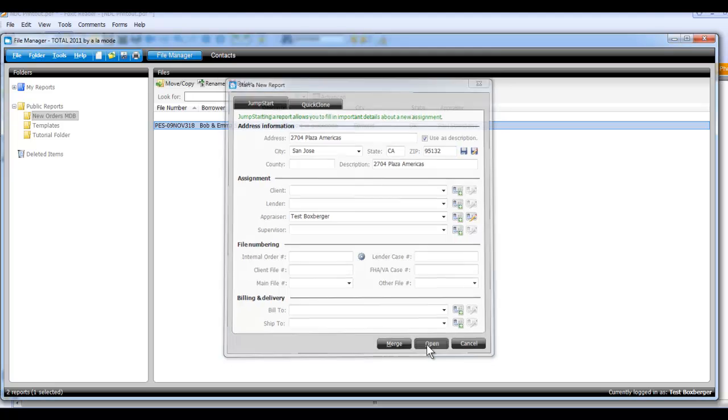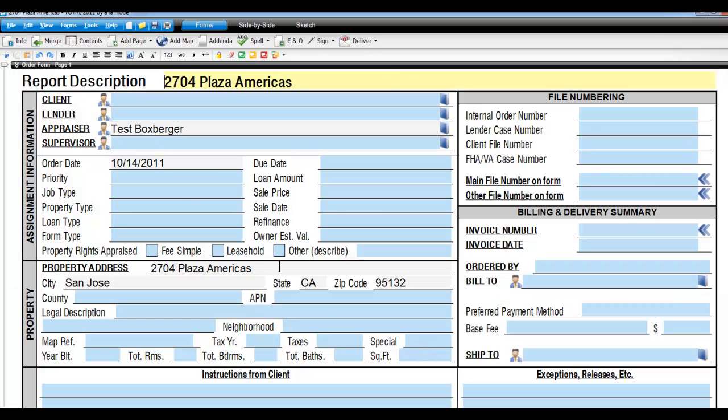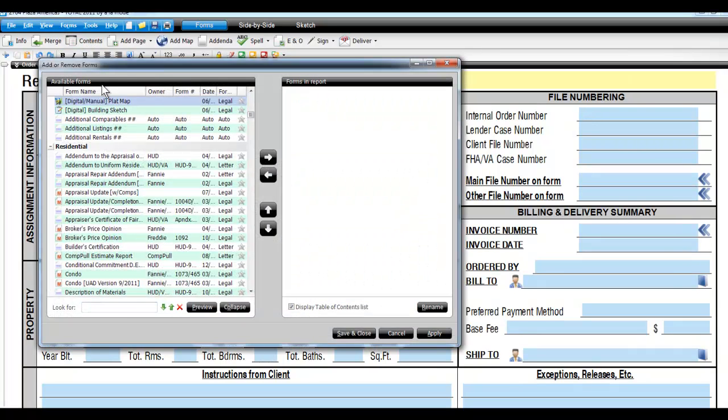So then we'll go ahead and say open, and it will open up an order page here, and so we'll see how that looks. And that's got the order form. And then what I said was we'll do this on the 10004 form, the URAR, Uniform Residential Appraisal Report. And so you can get to that by hitting the Contents button here, and that'll bring up a list of the available forms. I think it defaults here to the 10004